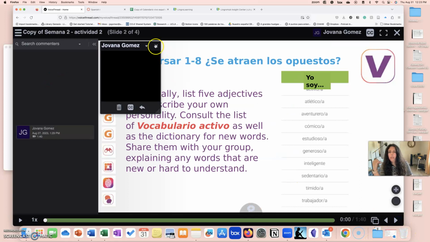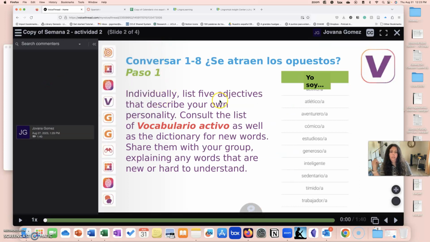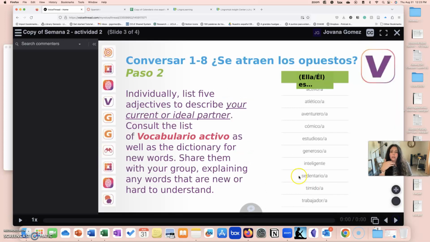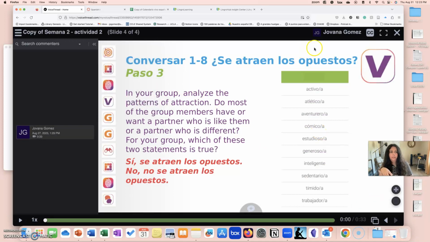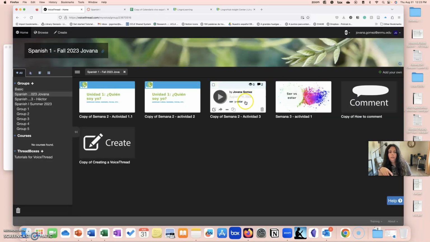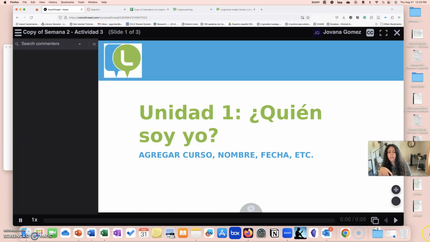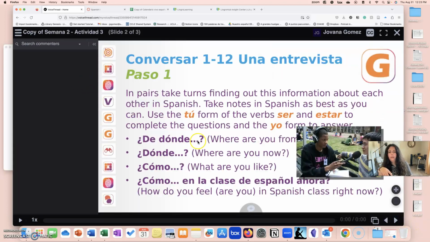So here the same, individually list 5 adjectives that describe your own personality. So you have to speak, and then do the same for your partner, current partner or ideal partner. Okay, and I give you examples there, and then so we have this ser y estar actividad.